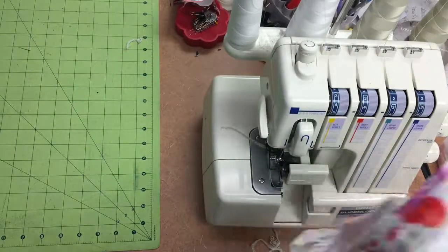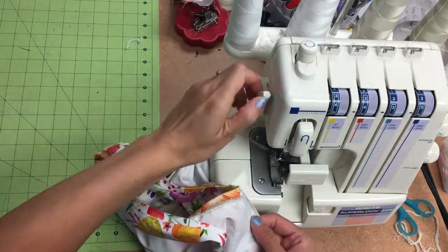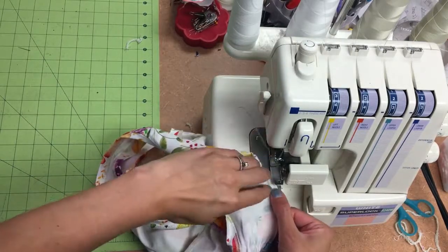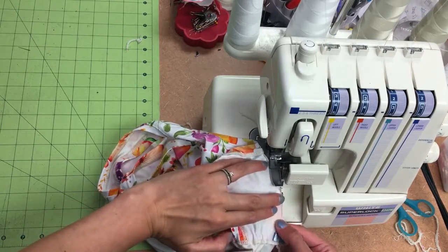Okay, other side. And then we'll move on to the inseam. And then you're basically done. You just got to hem and you are ready to